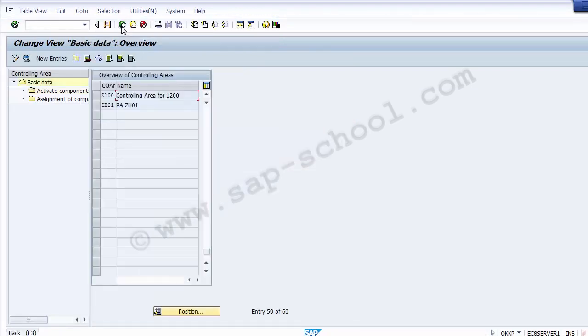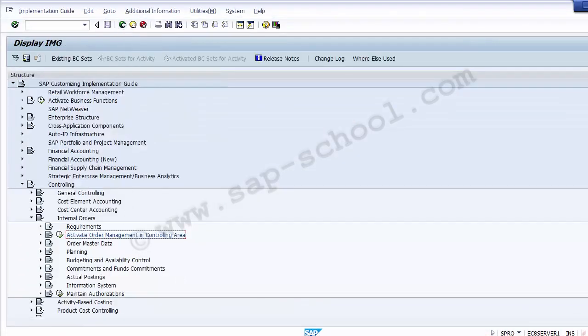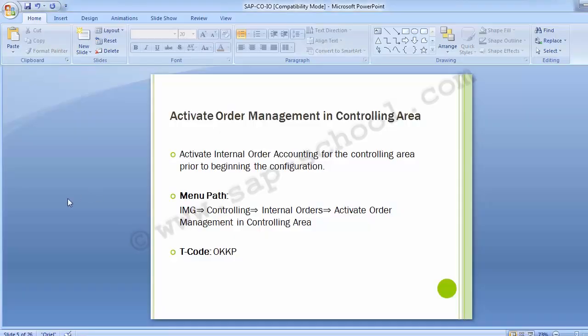to the IMG screen. So this is how you have activated the order management in controlling area with the path, as well as otherwise there is a transaction code for that as well, that is OKKP. So you can use either the path or the transaction code with whichever you are comfortable with. Now we are done with this particular configuration step, so we'll be moving to the next configuration step, that is